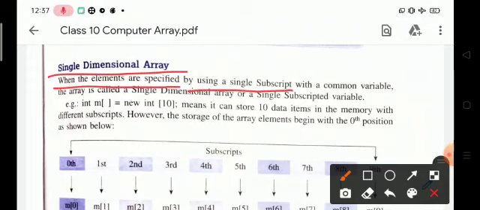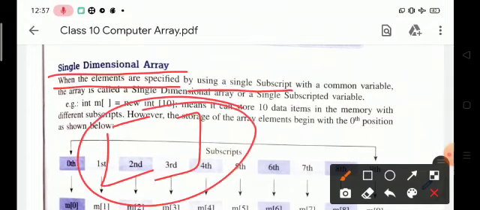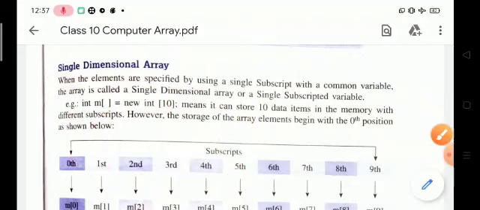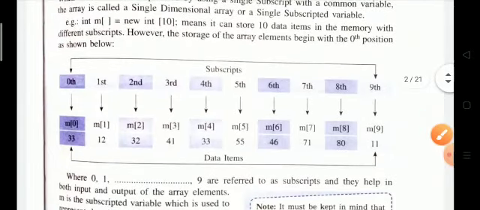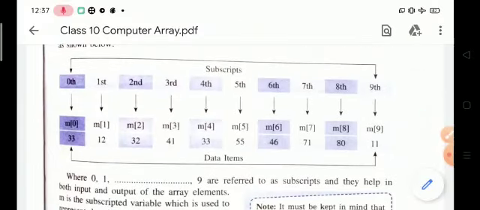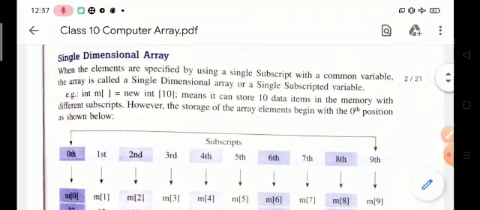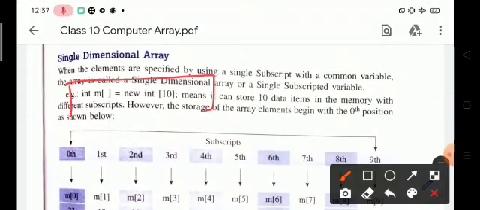This is the subscript. This square bracket shows the position of the given element. For example, suppose I am declaring 10 integer variables: int m is equal to new int[10].